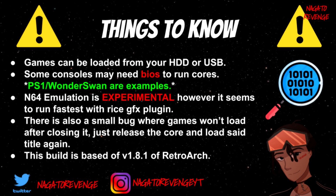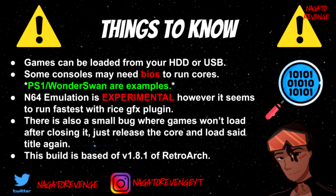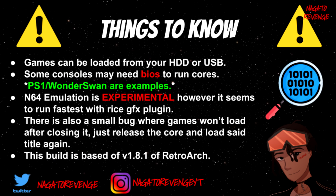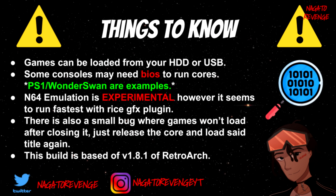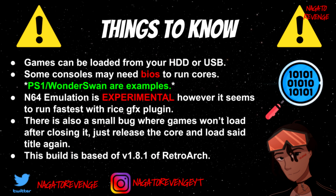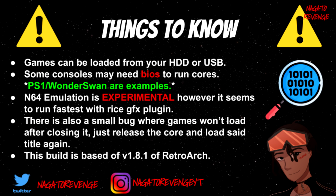You can run your ROMs or games from your HDD or your USB. For example, if you have an external USB, like a FAT32 USB stick, you can run your ROMs off that, or you can run them from your internal HDD. So if you wanted all your internal PS4 titles and FPKGs on your PS4's internal hard drive and your classic emulation ROMs on your external hard drive, you can do that for this process,